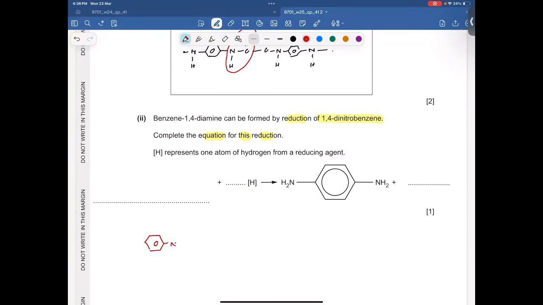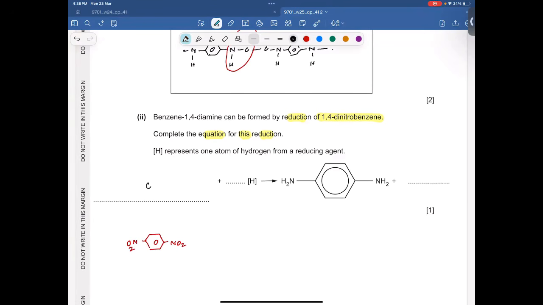1,4-dinitrobenzene. This is the structure of 1,4-dinitrobenzene. We have 6 carbon atoms in this, 4 hydrogen atoms, 2 nitrogen atoms, and 4 oxygen atoms. When they react together,